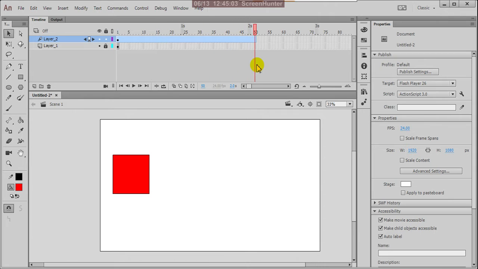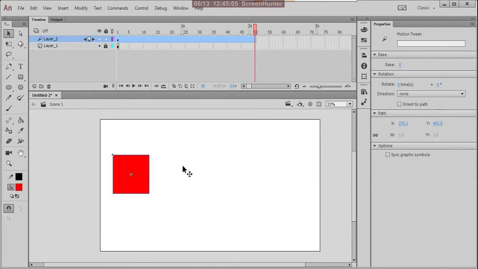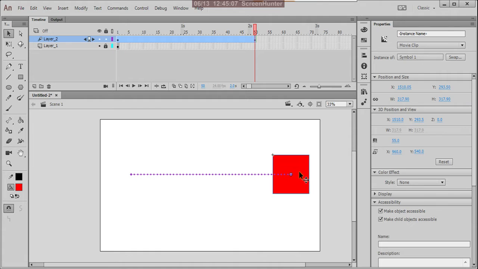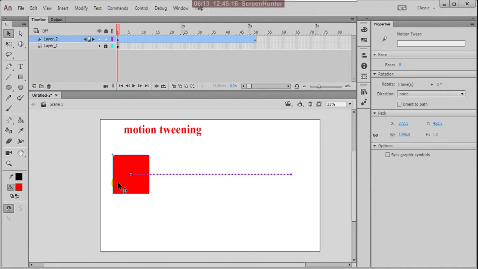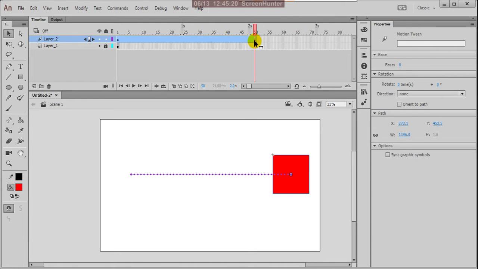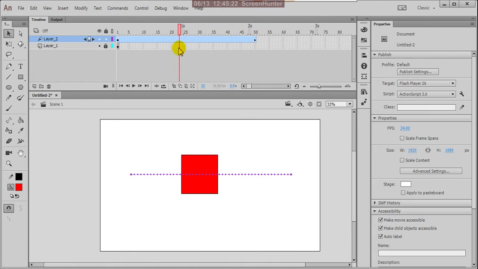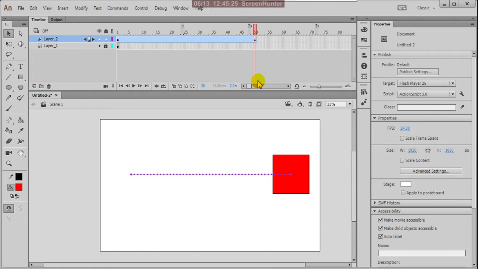After that, at the end point, change this object to somewhere else. Now see here, it adds another keyframe. This is one keyframe and here is another keyframe. Between these two the animation is already created.